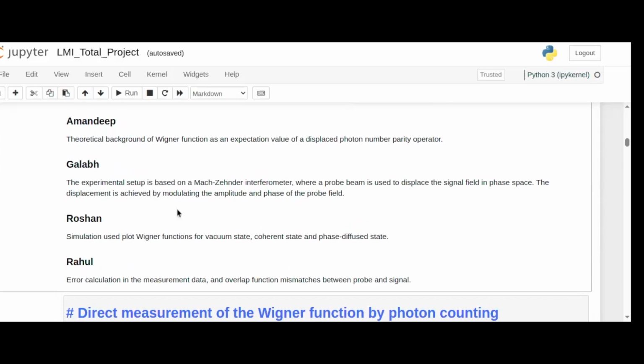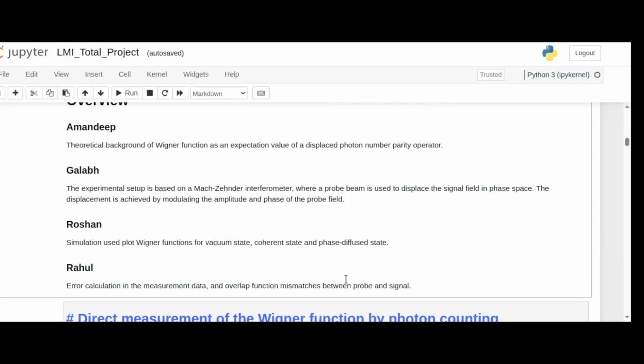And the question is what experimental data we are getting to reconstruct the Wigner function from. How we are simulating the Wigner function for vacuum state, coherent state, and displaced state, and finally, the experimental measurement and the overall mismatch between the signals. I will go to